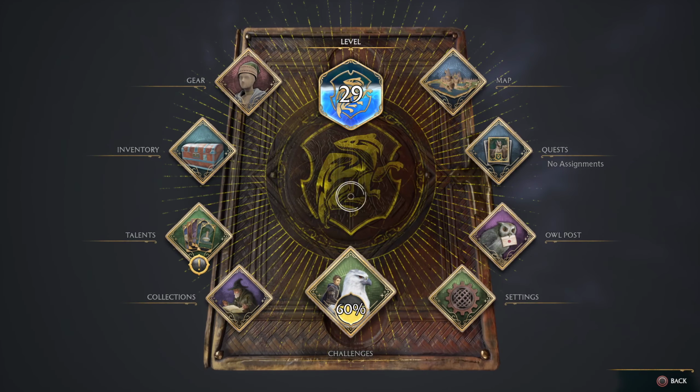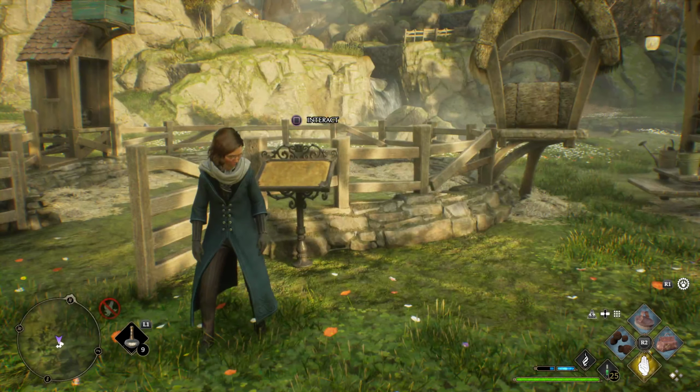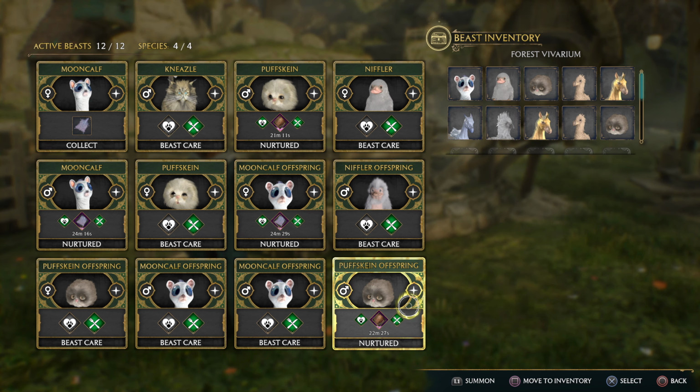And the only downside to this being so effective, guys, is I sometimes have to rehome shinies because otherwise this would be perpetually full. So we're going to go ahead and move these little babies to the cell bag. My beast inventory is, I call it the cell bag. So what we're going to do is I have a male and female Puffskein mama and daddy, and I have a male and female mooncalf mama and daddy. So I can safely sell